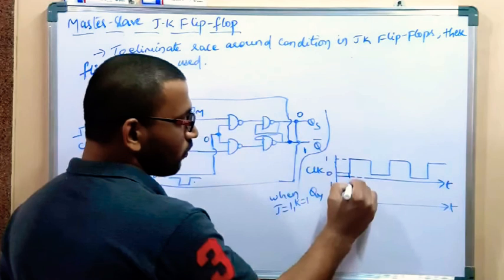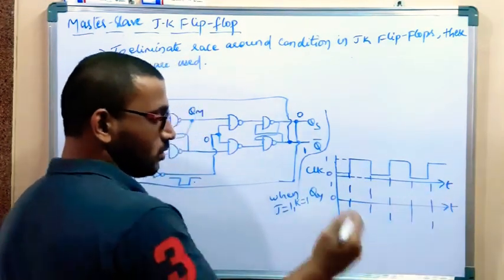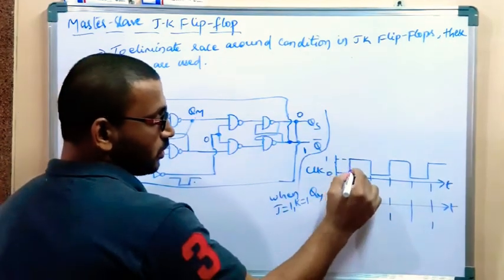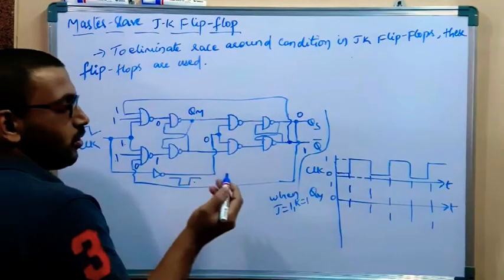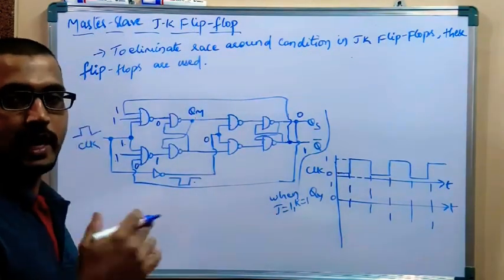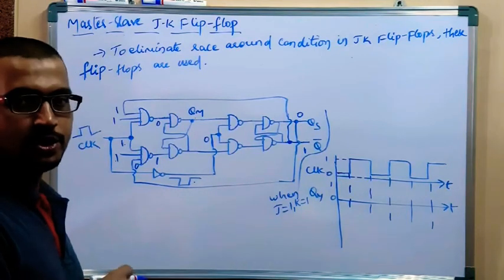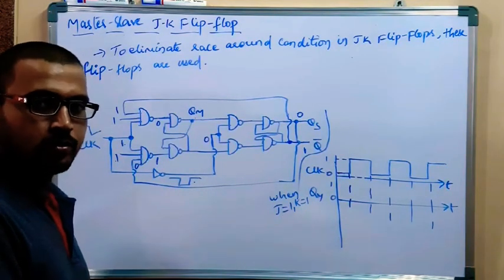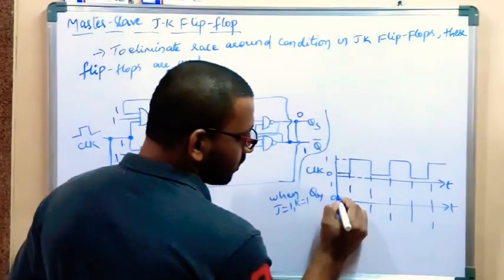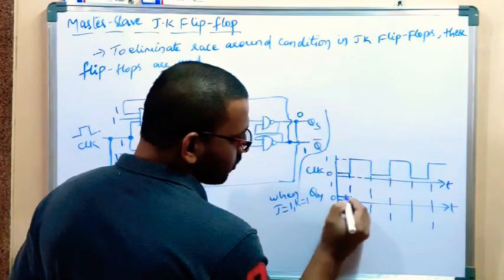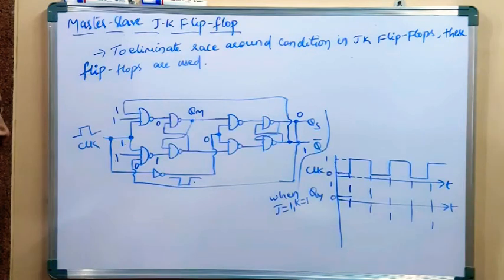See, here there is no clock pulse. First of all, come to our topic. This is the clock pulse. See, the clock pulse is 0. When clock pulse is 0, it copies the previous data as it is. We don't know what is the previous data. Initially we have to assume the past output as either 0 or 1. So I am assuming the past output as 0 here, right? The past output is 0.